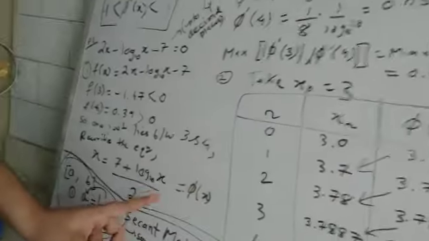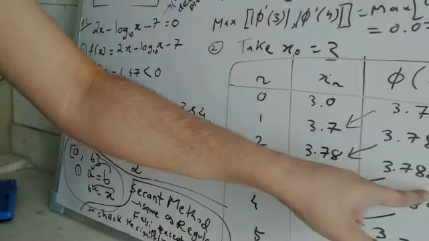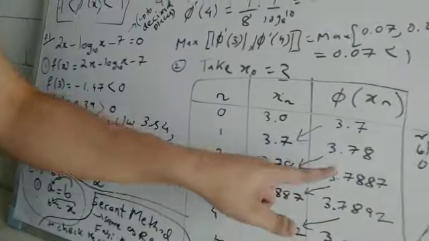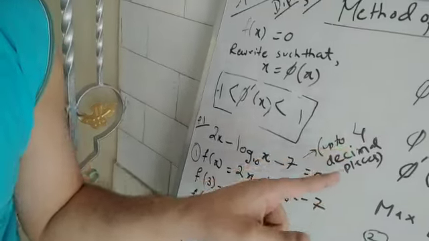Then again you need to find this, you put this value here, again you need to calculate 5x, again you will get this one. Okay, similarly you need to construct. Then where to stop? They have written here, you need to cut it up to 4 decimal places. So see,